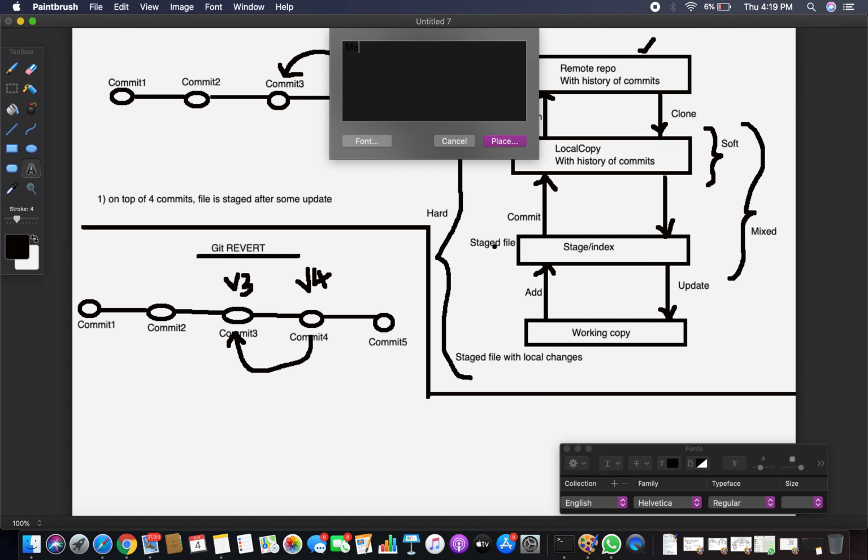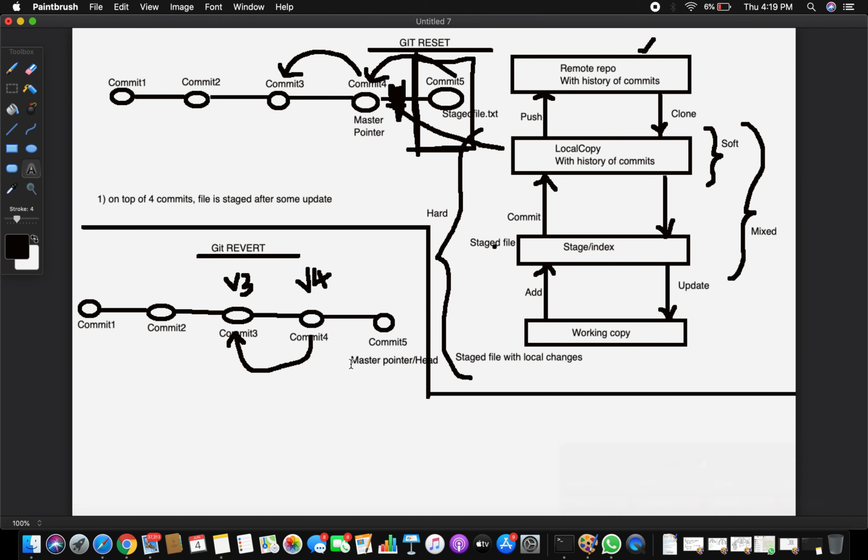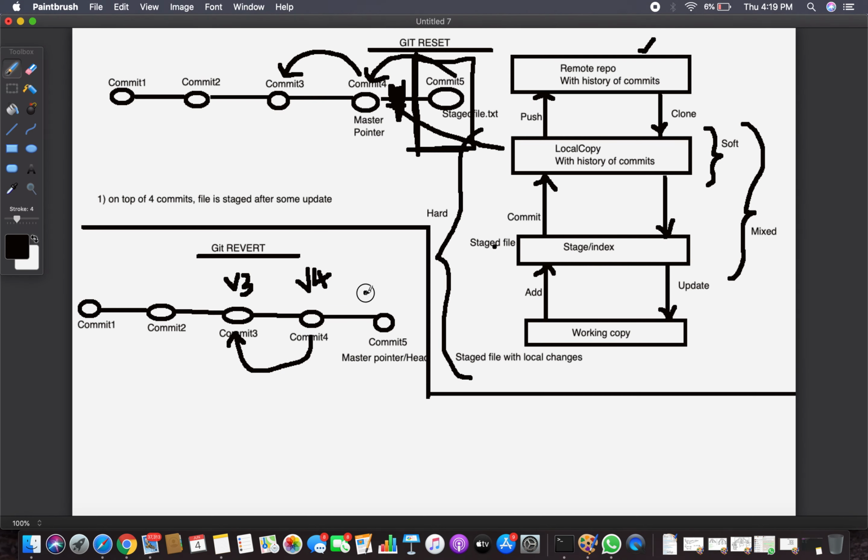That is your master pointer, or I can say a head pointer, moved to this location, and whatever version 3 you have at commit 3 will be placed on this commit. So your version on this new commit is version 3, which means your pointer is moved to a new commit.